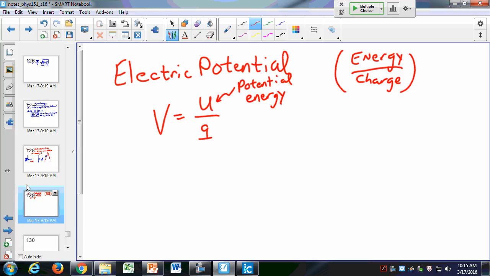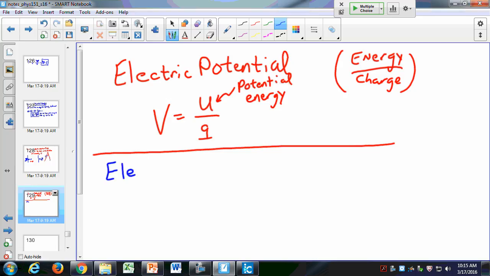We have a few more minutes, so let's look at electric potential difference. We're going to sort of muddy it up just a little bit more because it's fairly important to think about potential, but then also potential difference. They're very similar, but when we talk about potential difference, we're talking about the difference in potential between two points. So this is measured in the same units. It's measured in volts,